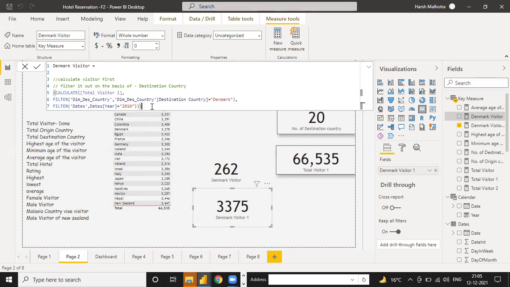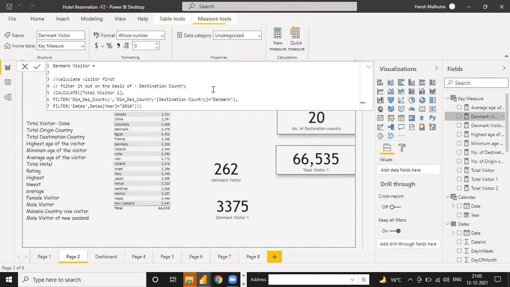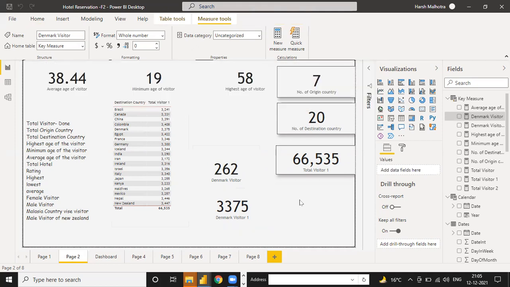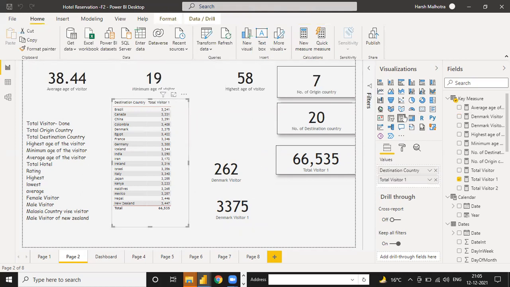And let me show you how. See, right now the answer is 3375. Let me check. This is the answer. And where is the next? See, the answer is 262. If you need to check 2010 for Denmark visitors, select this table.